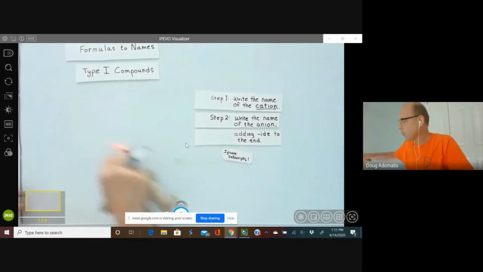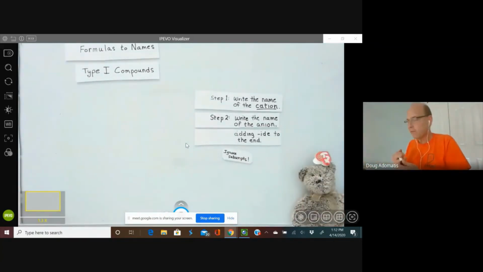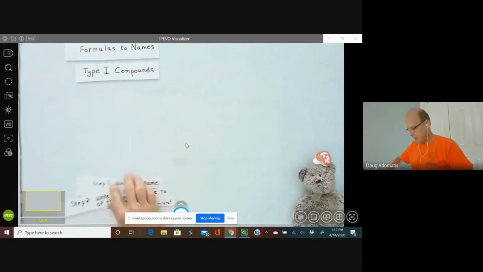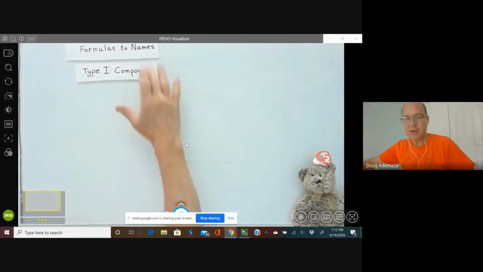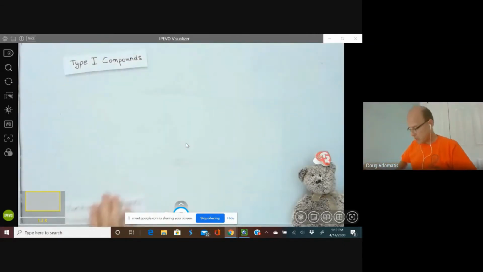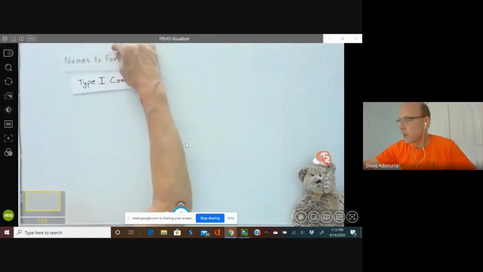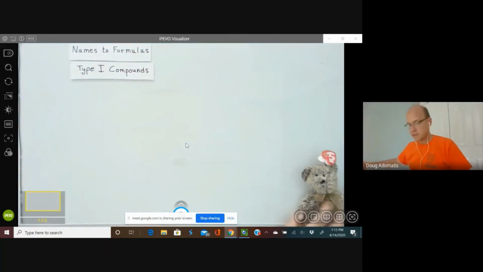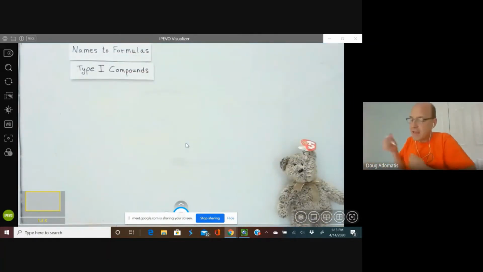So that is formulas to names, and you guys have already been doing this sort of automatically in your head. I didn't have to give you a step-by-step process for that, did I? Because it just kind of rolls off your tongue because you guys are getting so awesome at chemistry. Well, now let's go the other way. Names to formulas for type 1 compounds, okay? So if I gave you,